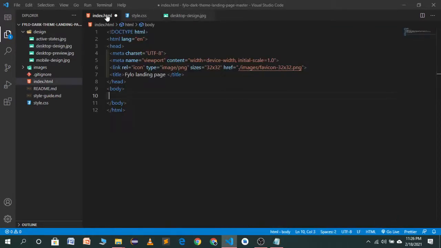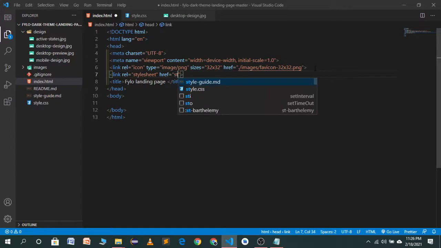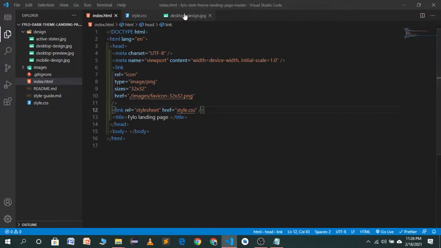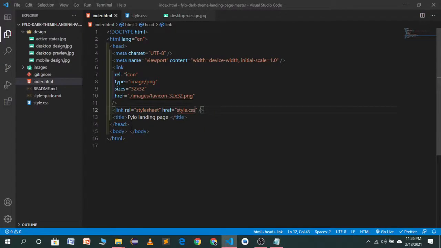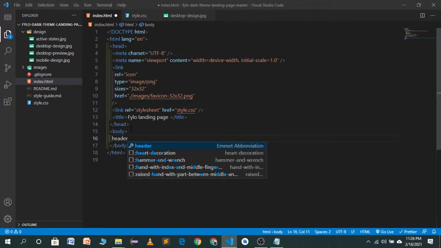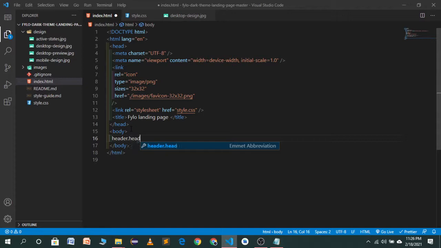I will go to my index.html, and now I will import my CSS file. Link will be, I think, style.css. Now you will see we have a logo and three nav items in our navigation bar. So let's create it in our body. First of all, we have a header which has a class name of header